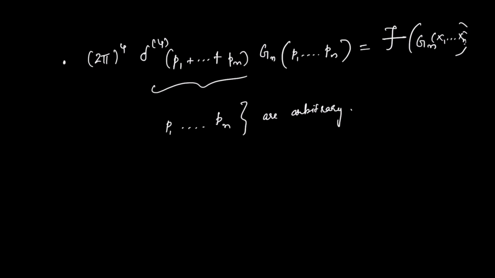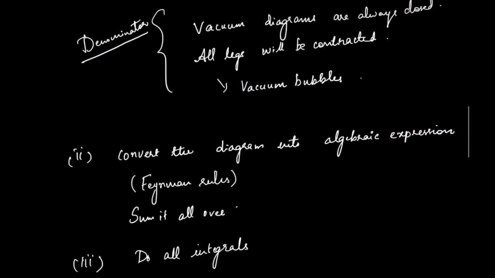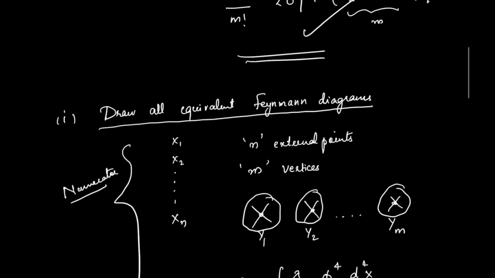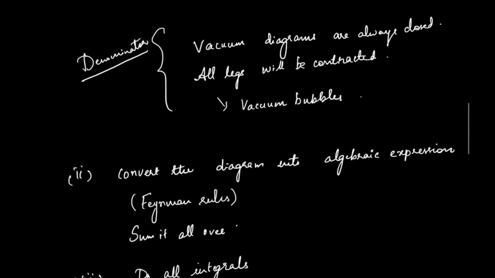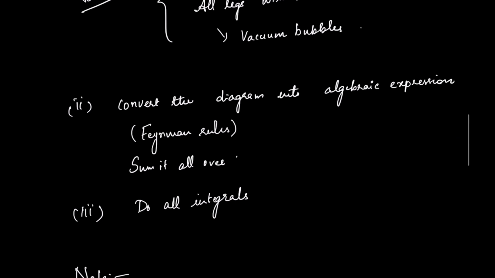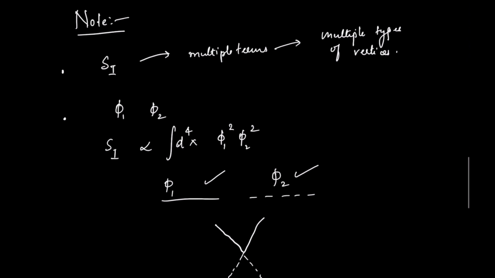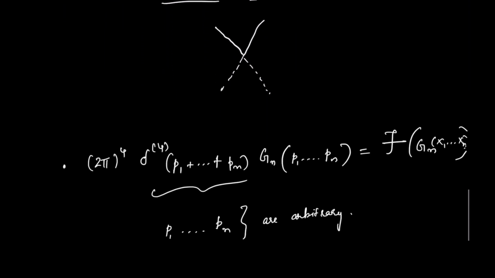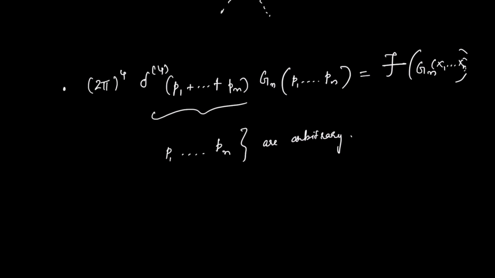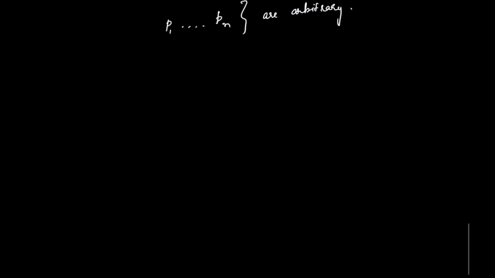Okay. So there are two steps in the computation of the n-point function. The first step is to draw all the equivalent Feynman diagrams. The second step is to convert the diagram into the algebraic expression and then sum it all over, and then the final step is to do the integration. And you have to take care of certain things involved in the Feynman diagram. After that, we are ready to evaluate the n-point function. For simplicity, we start with the two-point function. So the two-point function G2(x1, x2)